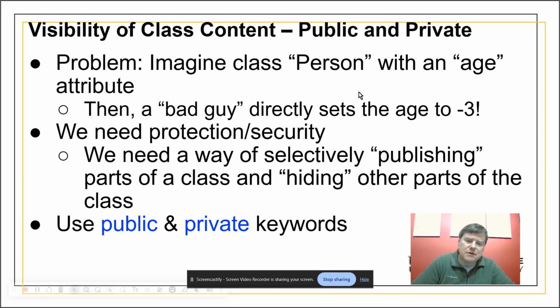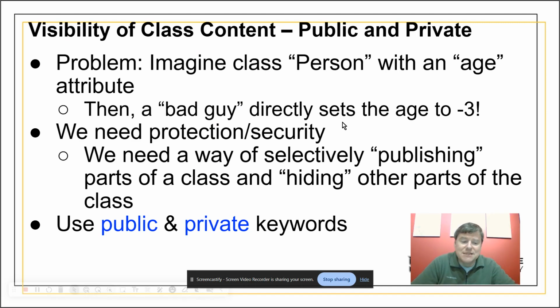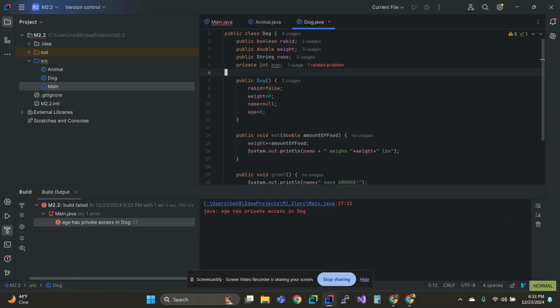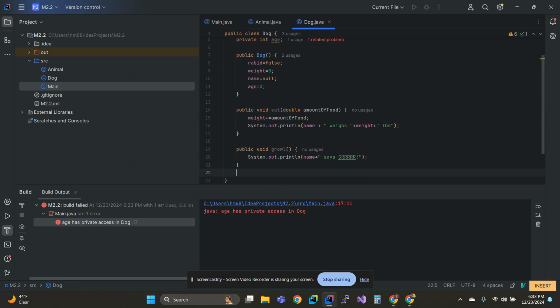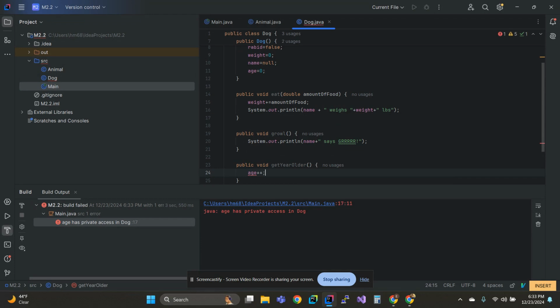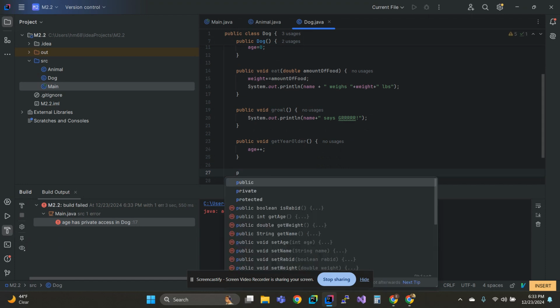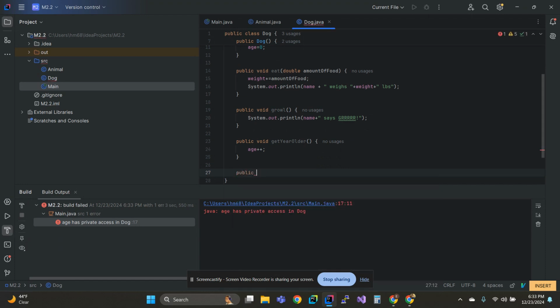So you might say, well then, how does the dog age ever change? If it's private, no one can change it. Well, what private means is the dog has the ability to change it, but no one else does. So I'm going to add to the dog a method, public void getYearOlder, which is simply going to say age plus plus. And then for giggles, I'm going to add a print statement,